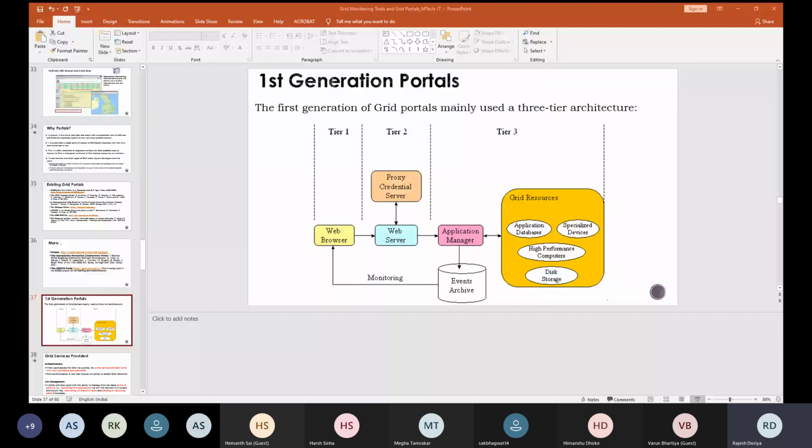They can provide the authentication service by allocating a unique username and password to the user. So the moment a user needs to access some grid resources, that user needs to present their username and password, and after a successful authentication, a user can access all the grid resources which are there in the portal.